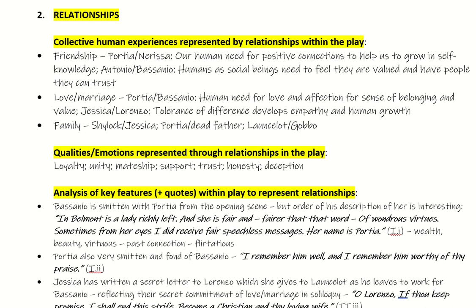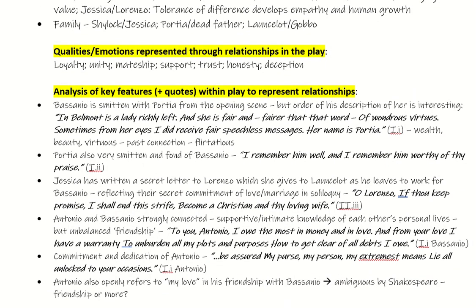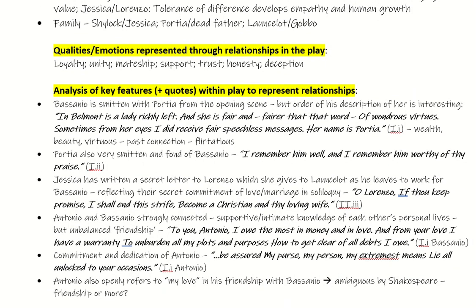Relationships such as the friendship, such as love and marriage that we see represented, these groups of people that are in love and people that are married or seeking to be married. Groups of family, the representation of family groups. Again, you've got different elements here that Shakespeare's crafting under the broader representation of collective relationships. Think through once again some of the qualities and emotions when you're thinking about those examples from the play. What elements in terms of qualities are being represented through those collective relationships? What emotions do you see as represented?